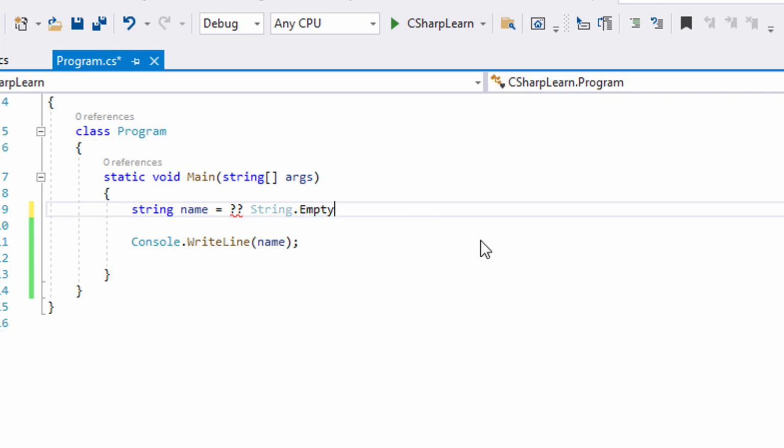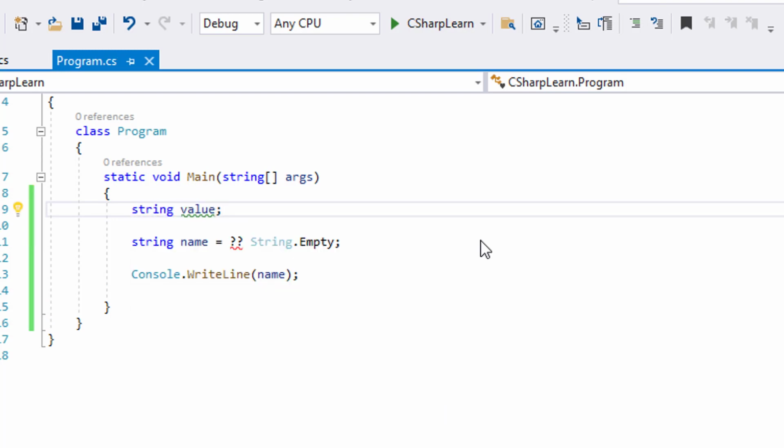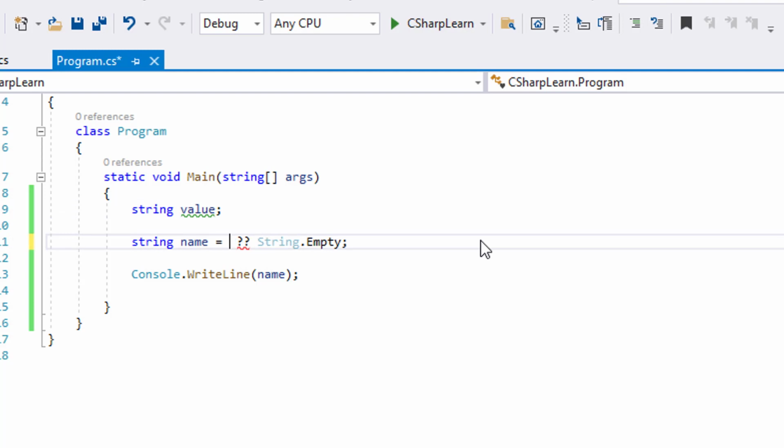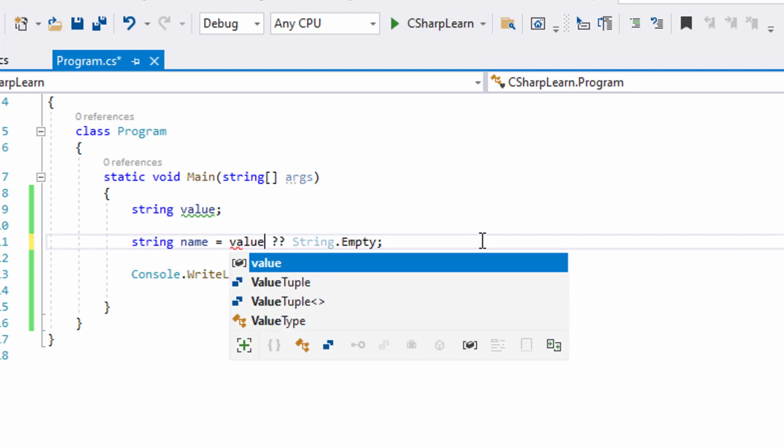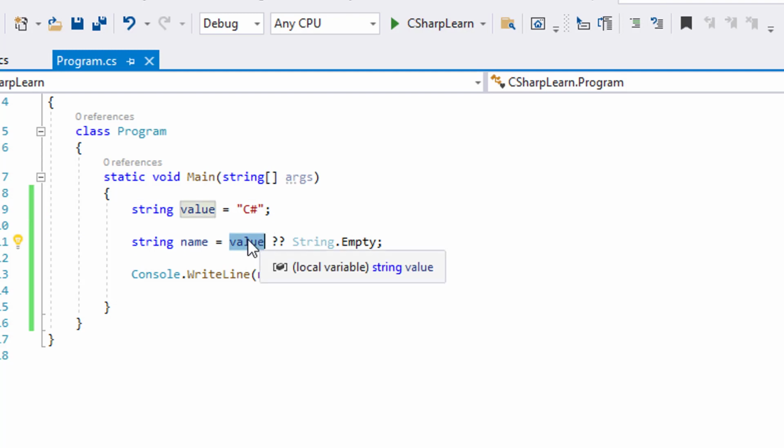Let me first assign the second value, and let's have one more value, let's say value, which is C sharp. What this operator says is that if this value is not null, then assign this value to name, and if the value is null, then assign the second value.